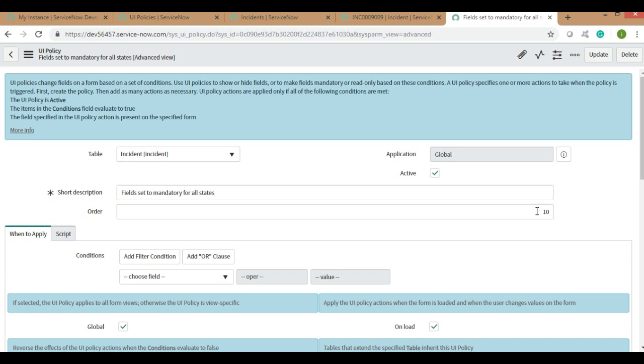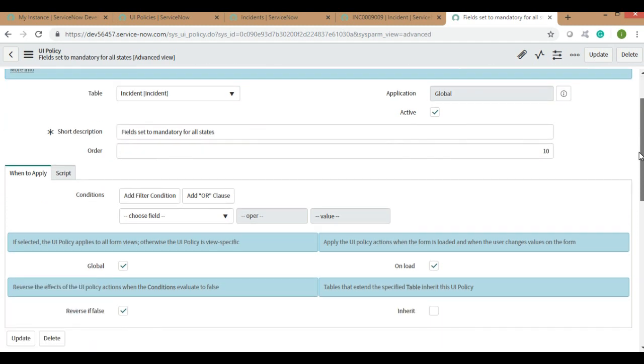Okay, so this is UI policy, and order is very important because it depends on what order your UI policy is running, whether it is on load or on change. Sometimes it happens that too many client scripts make your target very complex. So it is better to use either one of them: either you use UI policy or you use client script, because both work